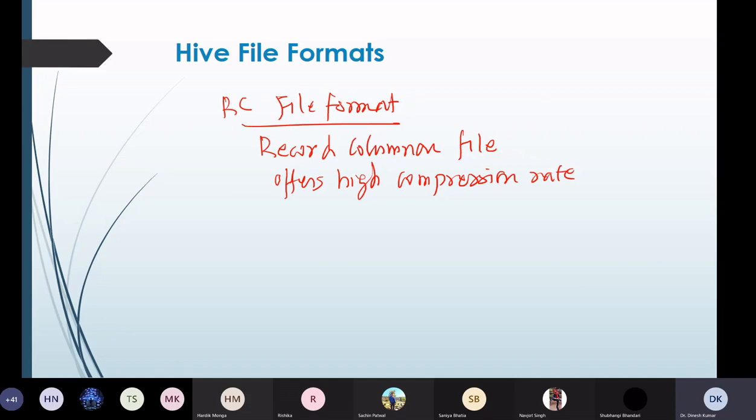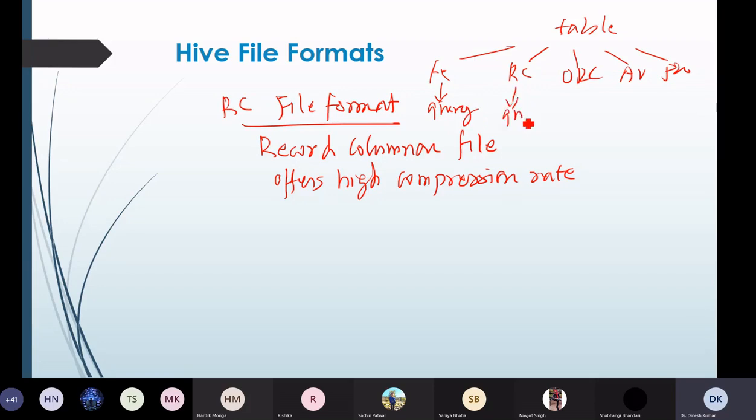So ultimately, how do we check the performance of these file formats? It is done only when you implement this. You will create the same table with RC files, with ORC files, with Avro files, with Parquet files, with text files, and then run a query on these files and see how much time they take to return the results.